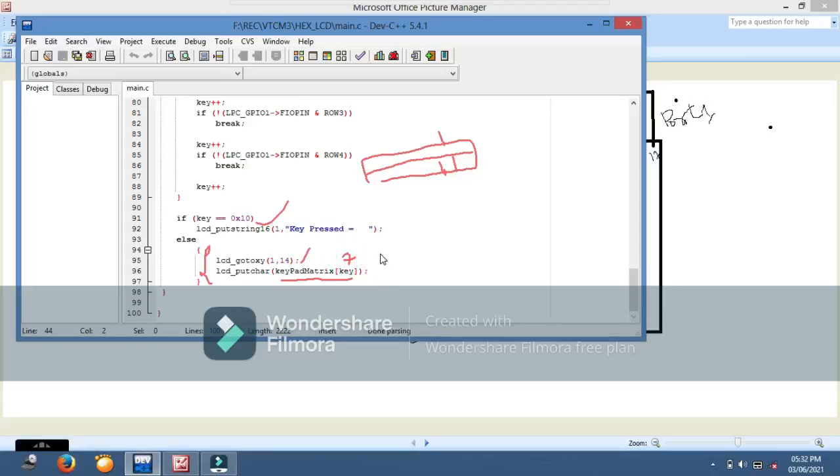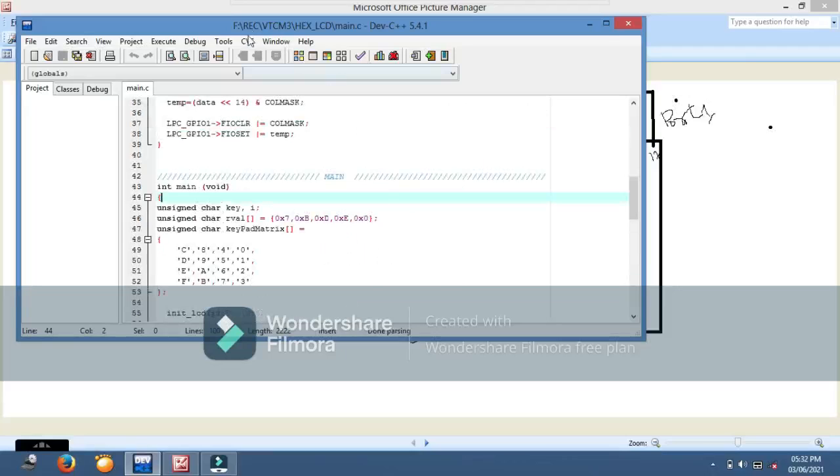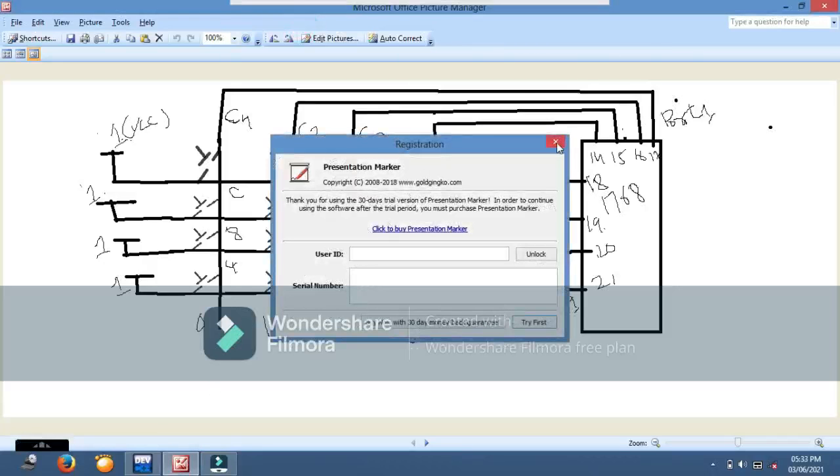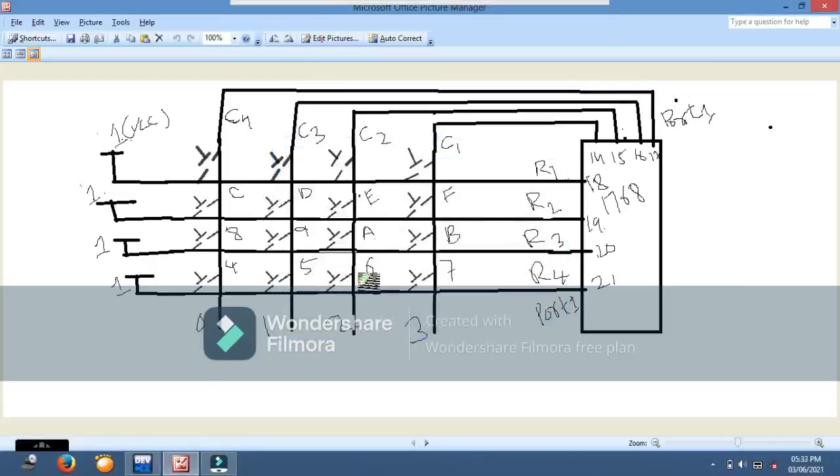Keypad matrix 7th one is what you can see here: this is 0th, 1, 2, 3, 4, 5, 6, 7, which is 1. 1 will display on the LCD, which corresponds to this key, column 3 and row 4.